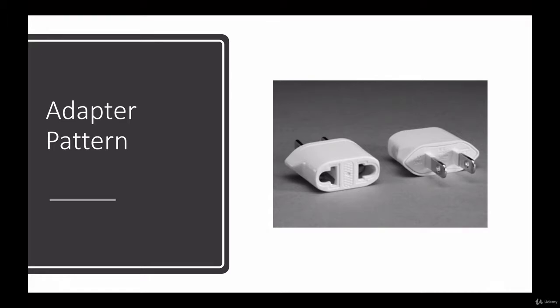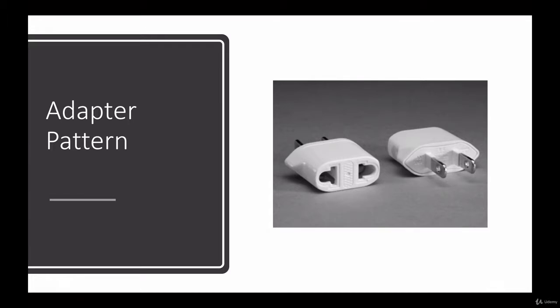There are quite a few design patterns in this category, and we will be discussing adapter, bridge, composite, decorator, facade, flyweight, and proxy. We'll go through all these structural design patterns one by one, explaining the problem it is trying to solve and the UML diagram. And we'll also go through a coding example which will explain a real-time scenario where we can apply this design